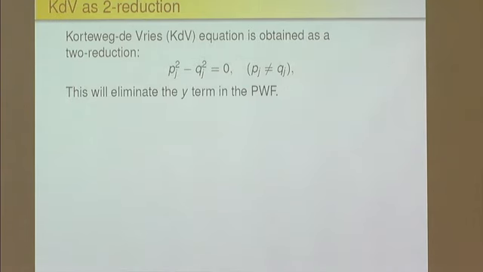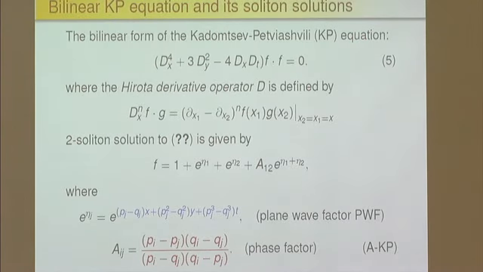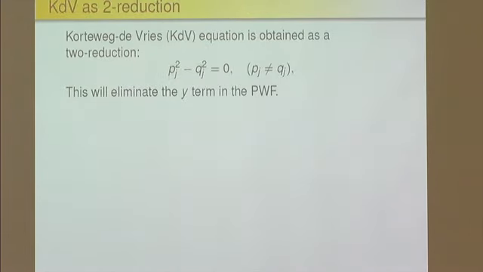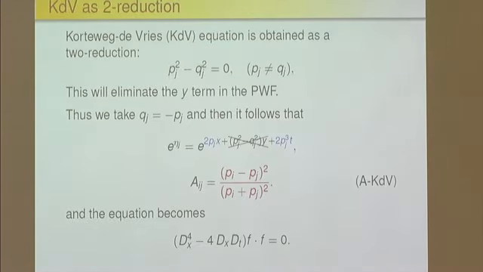Then the KdV equation is a 2-reduction. So what does it mean? As you can see, the KdV equation should not have this variable here. It only has x and time. So I have to eliminate that, and the 2-reduction means just this: I choose the q variable before to be minus p, then this drops out, and this phase factor becomes the normal KdV phase factor, and then you can verify that this is the equation. There's no y anymore. So this is the reduction process